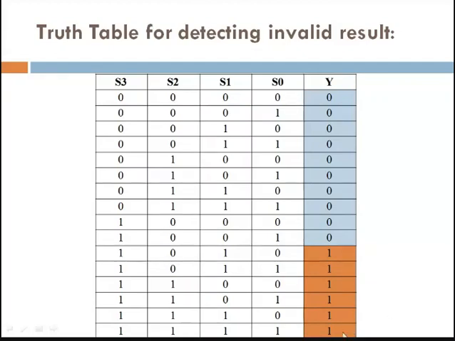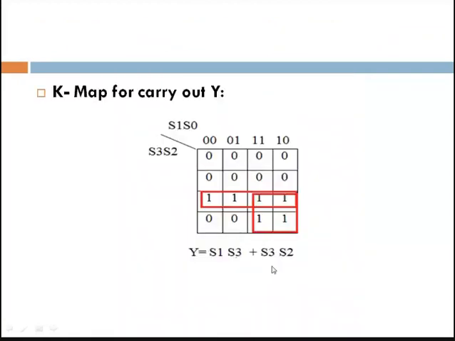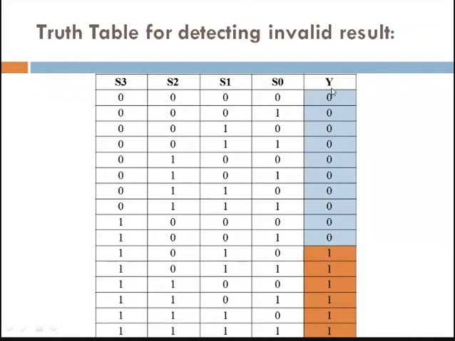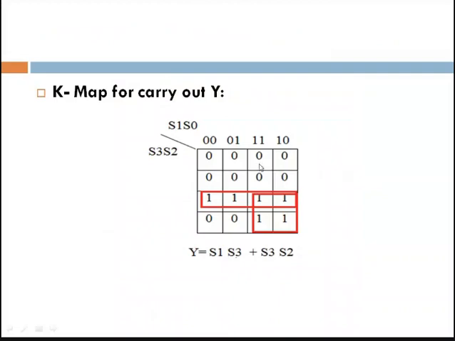Now this is your truth table. We are designing this truth table for the output of your first addition, and the output of your first addition is nothing but the sum. From that, you can have the second addition. It depends on the sum whether you have to perform the second addition or not. For that purpose, we have to make a truth table, and from that truth table we can design this combinational circuit. Here you can design one K-map, only one output variable, so we require only one K-map.